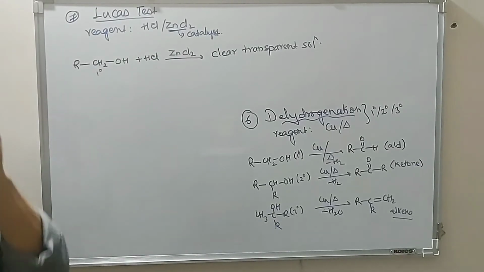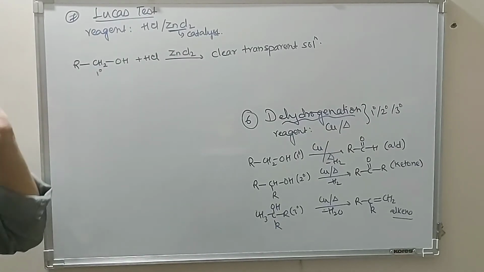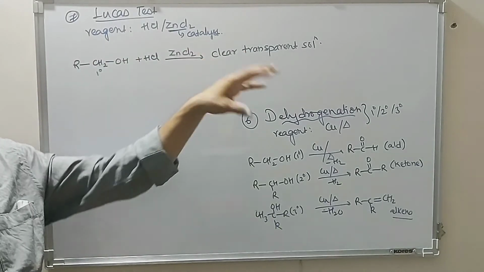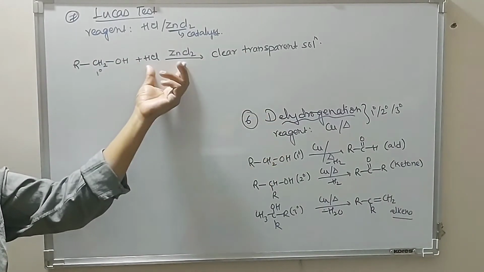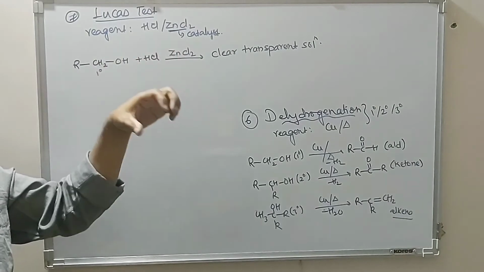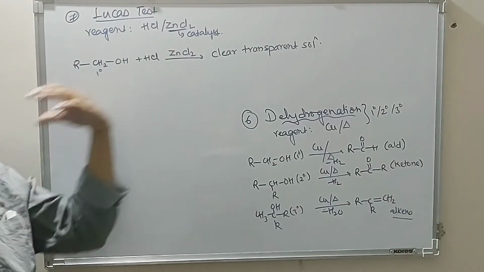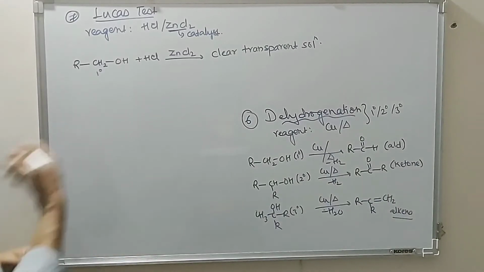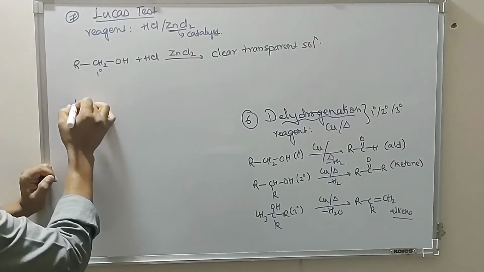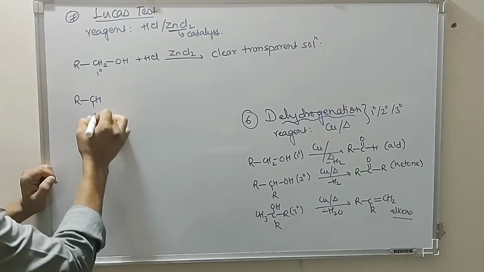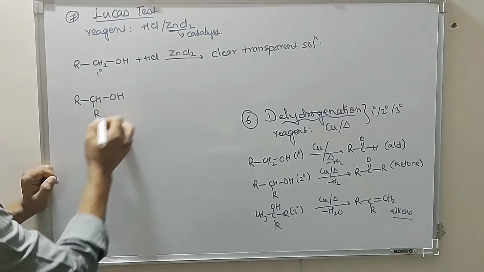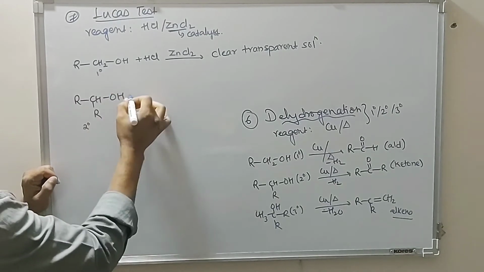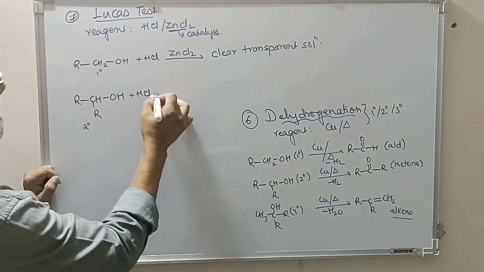corresponding alcohol is primary alcohol, because the primary alkyl chloride formed will be more soluble in the reagent. So because of this being more soluble in the reagent, solution appears to be clear transparent. But if we start with this secondary alcohol, this is secondary alcohol. So secondary alcohol reacts with this reagent